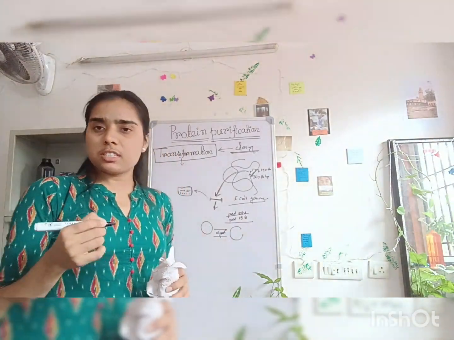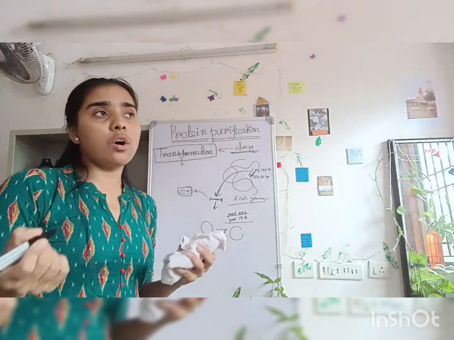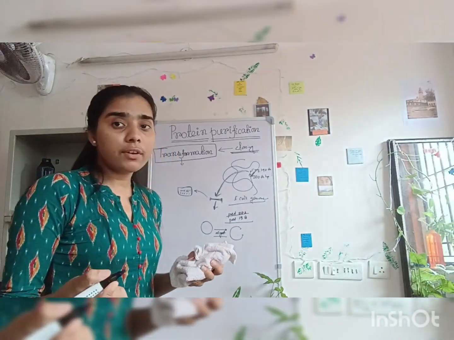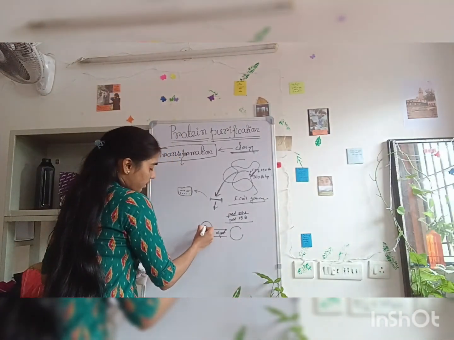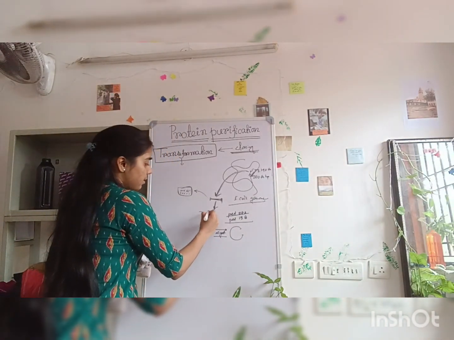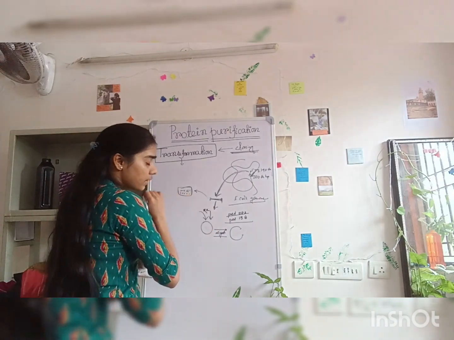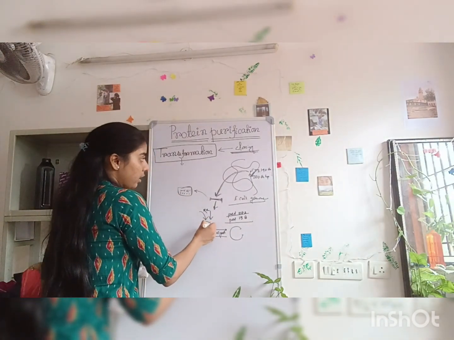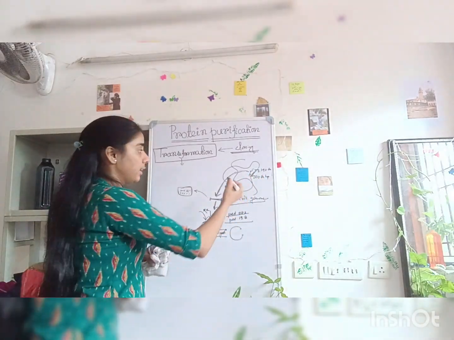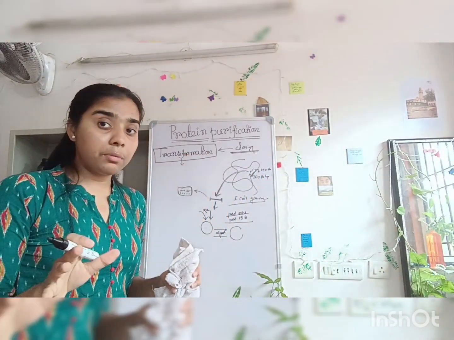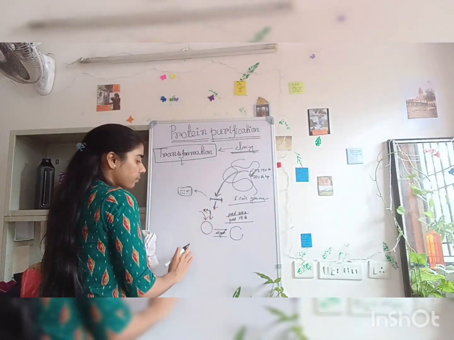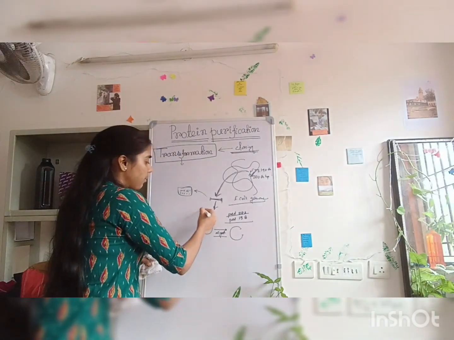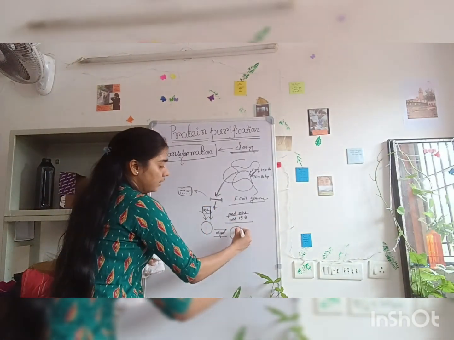We keep it for 16 hours at 16 degrees Celsius, or 37 degrees Celsius for 3 hours, like that. We put this vector in a vial and add a restriction enzyme there. First we have to check if there is a restriction enzyme cutting site here and the same kind of cutting site there as well. We have to check all these parameters first. Then we put this in a vial, and the restriction enzyme will cut this gene.